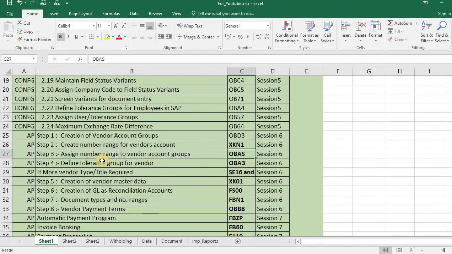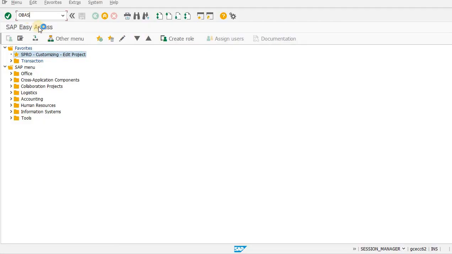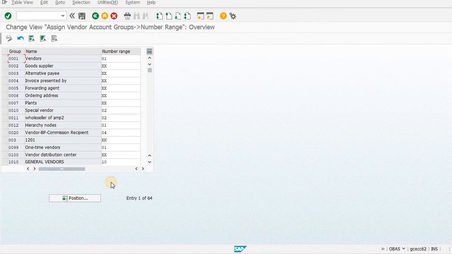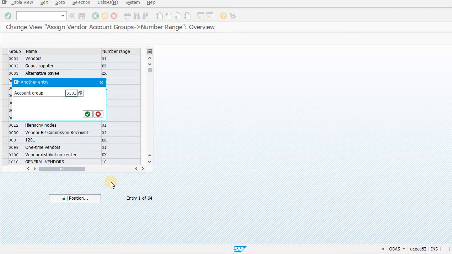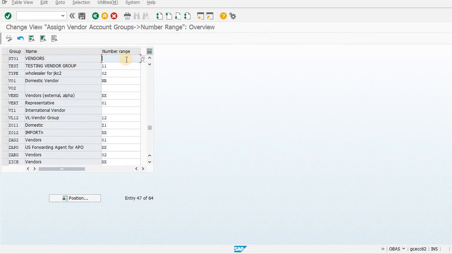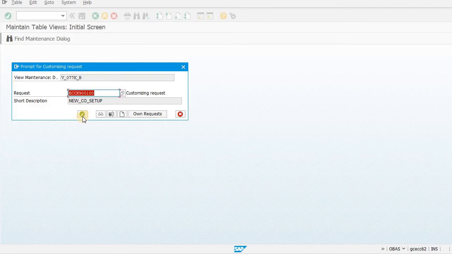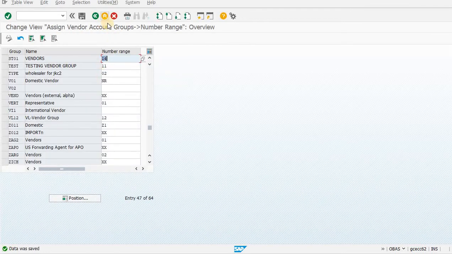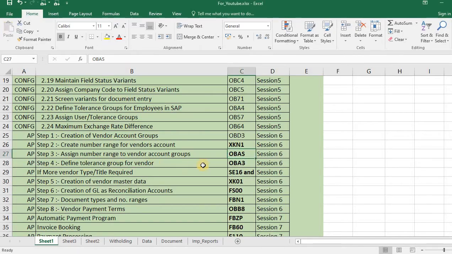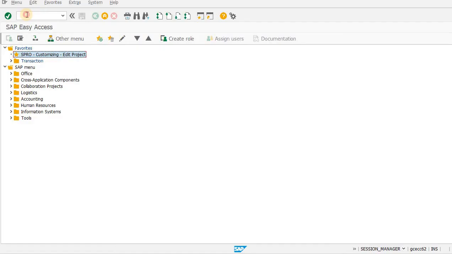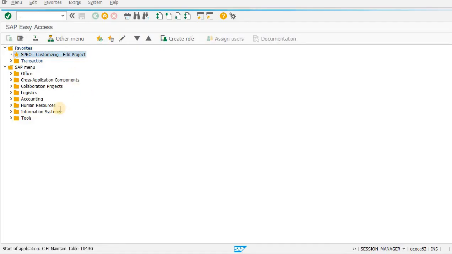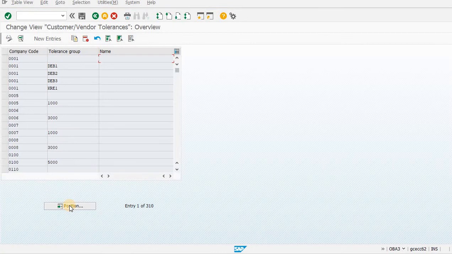Now assign the number range to the vendor group. That is possible through OBAS. Now go to the vendor group. What vendor group have we created? SC01. So now number range 14. Next, the tolerance group for vendor, OBA3. Company code SC01.